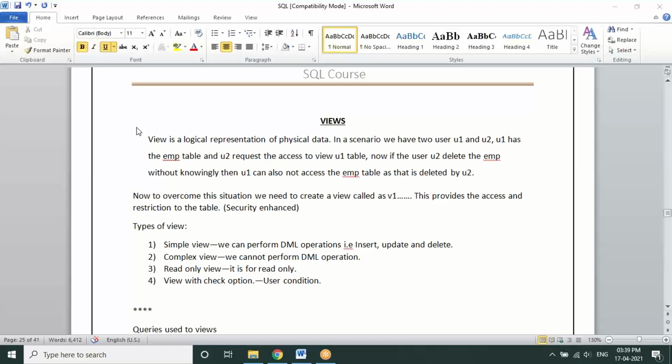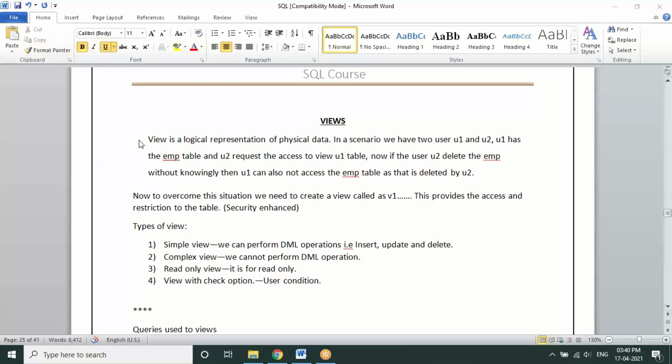Why do we need it? Small table with condition might be one perception, but still that is not the exact way we use the views concept. Fine, so let me discuss.